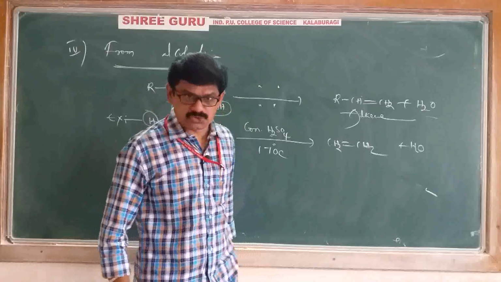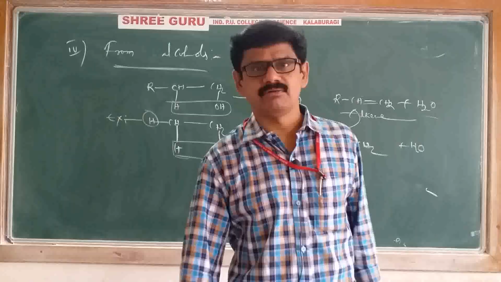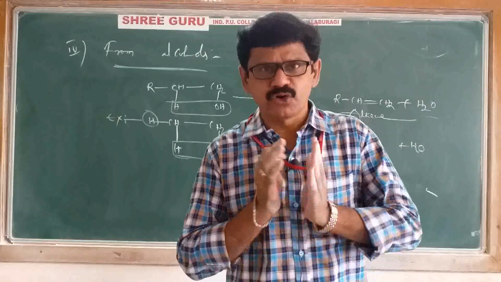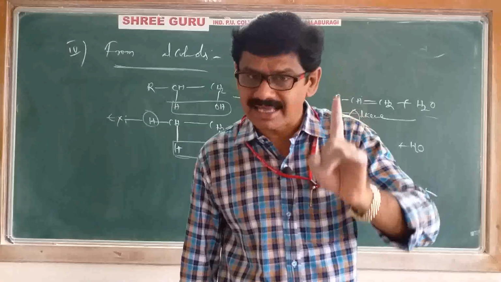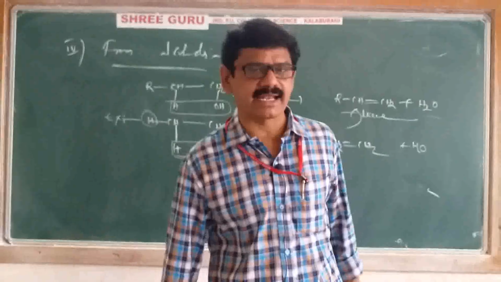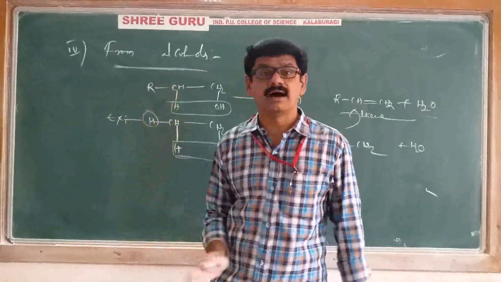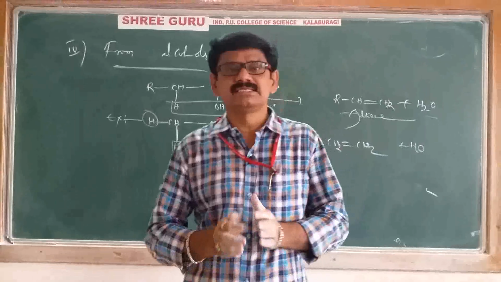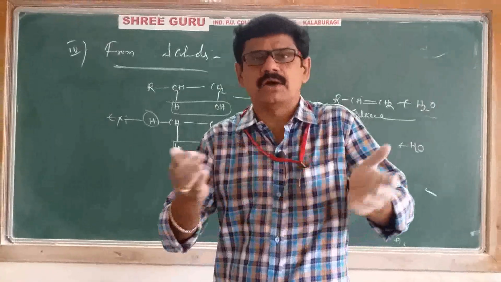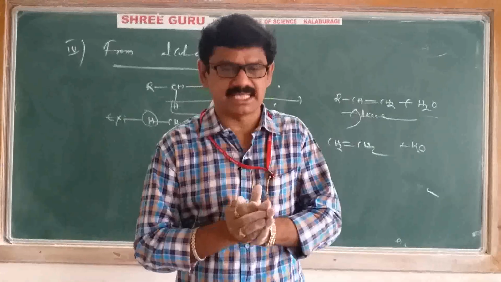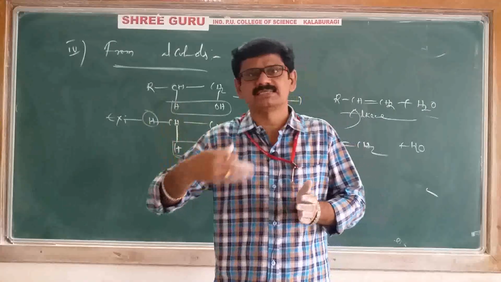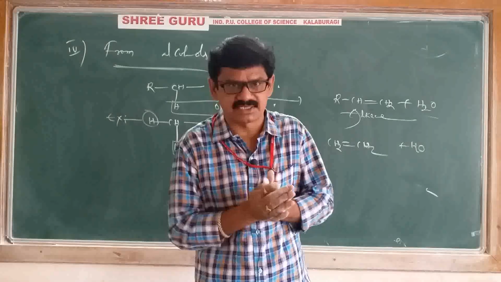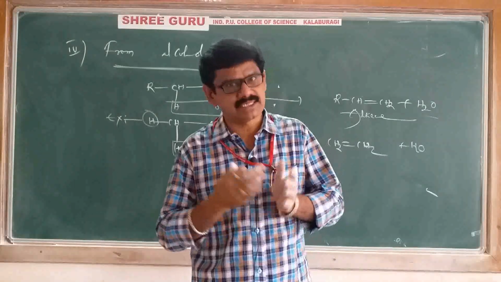This is the fourth preparation method for alkenes. In total, 4 methods we have learned. One is from alkynes, second is from alkyl halides, third is from vicinal dihalides, and fourth is from alcohols. Okay, all these preparation methods you have to practice maximum times, otherwise it is not possible to remember. You just revise this video as many times as possible. If you have not understood, revise as many times as possible and try to understand.